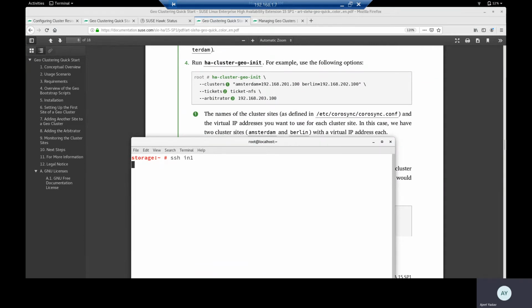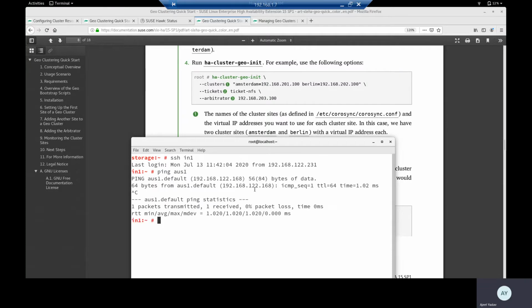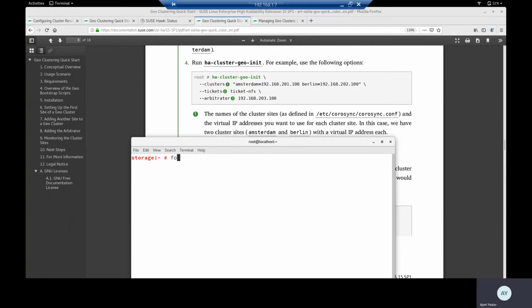I can show you, if I ping my Australia 1, you can see Australia.default. So I have to fix the correct name, otherwise there will be an issue. So India 1, India 2, Australia 1, Australia 2, and then the file name is this. Copy to all the nodes.